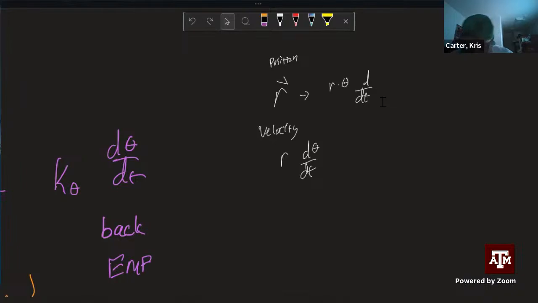It basically comes out to acceleration is the derivative of velocity. So,